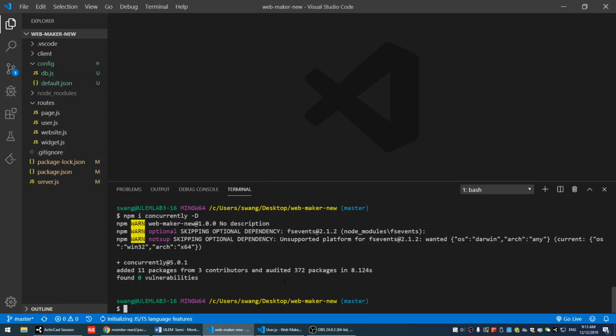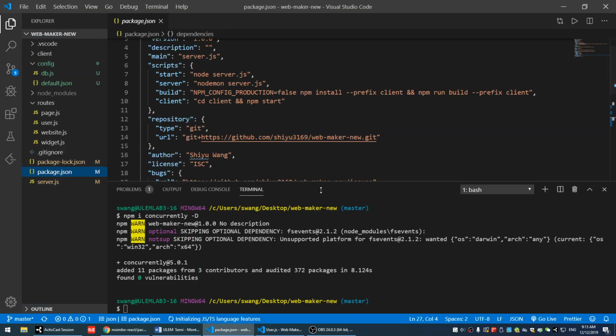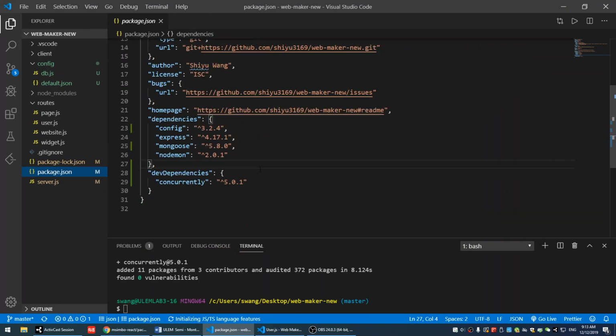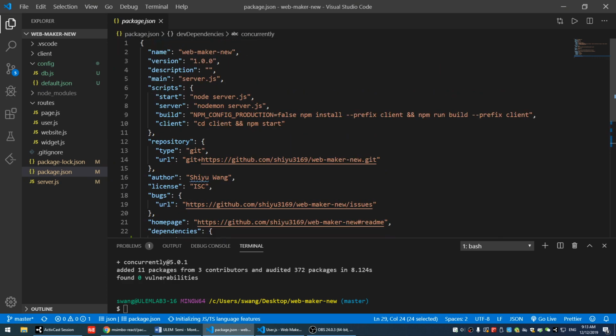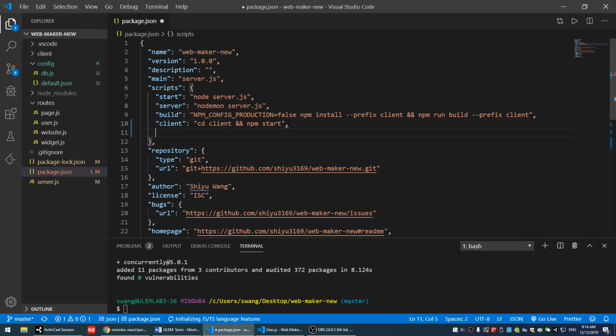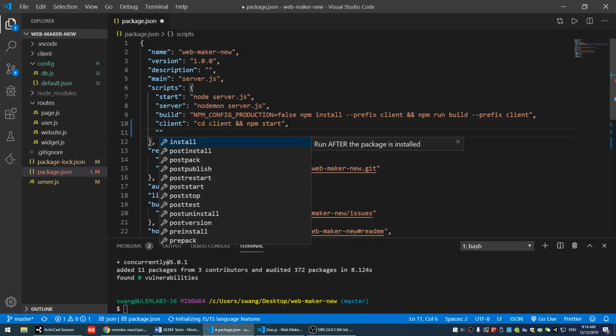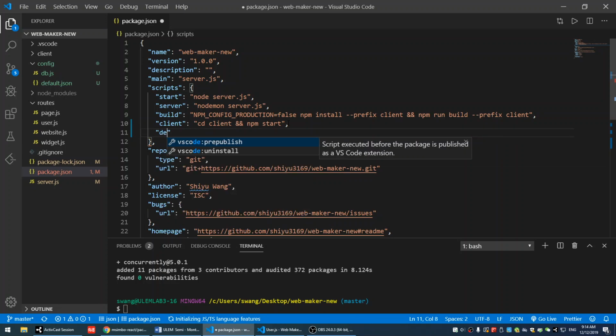All right, so now we can use concurrently. How to use it is we're going to put it in the package.json. When you get into the package.json, you should be able to see concurrently was put inside here, under the devDependencies instead of dependencies. We're going to add a new script here to use it. So put a comma after the client and add it as the last one. We're going to call it dev. The command is going to be dev, so whenever you want to call this command, it's going to be npm